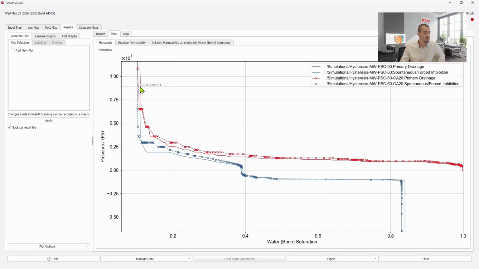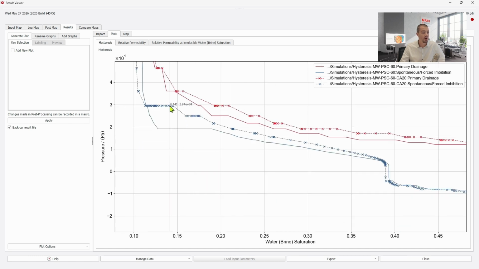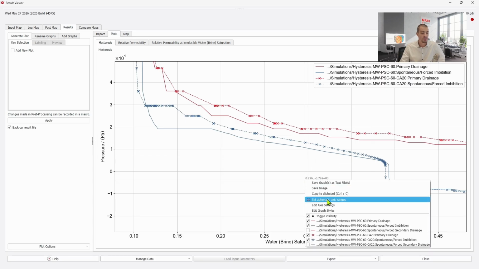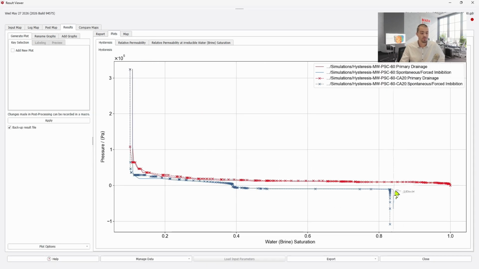What we can see is that there is some effect on the irreducible brine saturation of around 1%. And also some behavior of capillary pressure curves changes when imbibition starts. Other than that, there is also some difference of around 1.5% on the residual oil saturations. In any case, for just this variation, we don't see a large effect of contact angles on the endpoint saturations